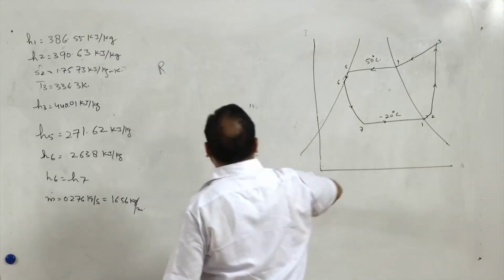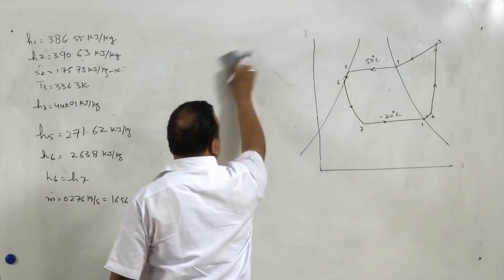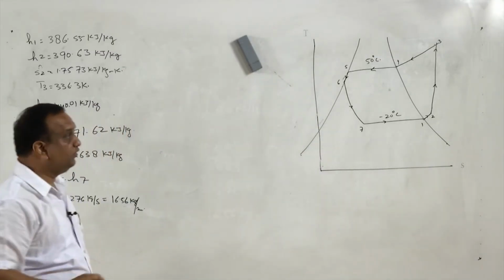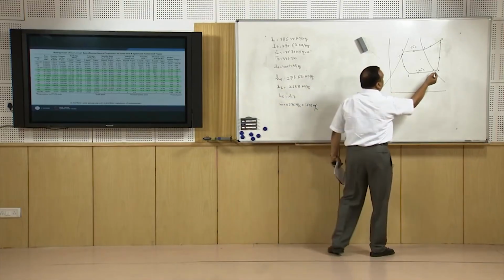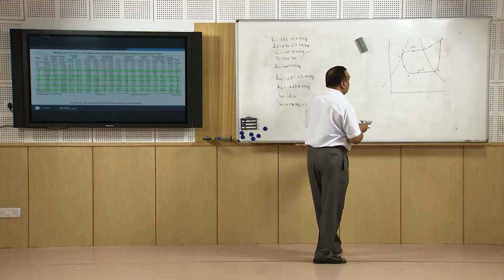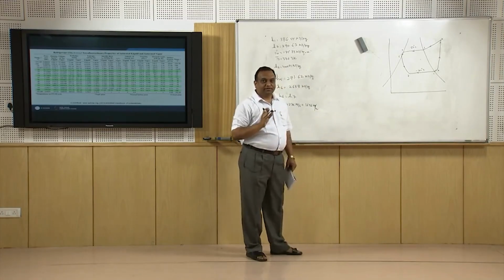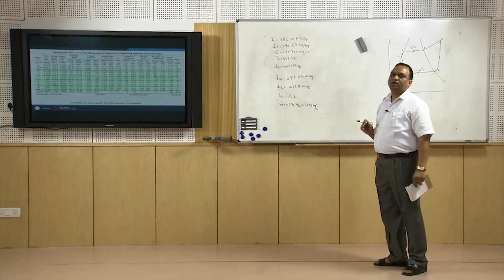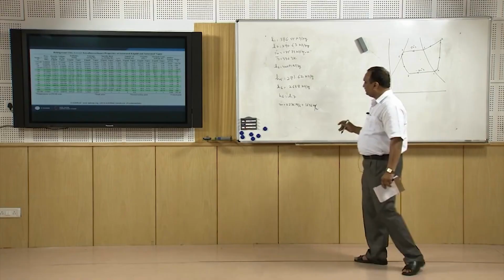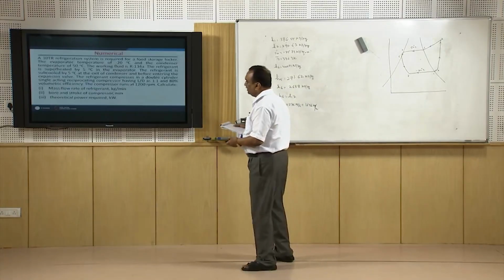Now we have the mass flow rate of refrigerant with us. With this mass flow rate of refrigerant, we can always find the power consumed inside the compressor, and with this mass flow rate we can also find the size of the compressor. Now in order to find the dimensions of the cylinder, as we have to find in this numerical, bore and